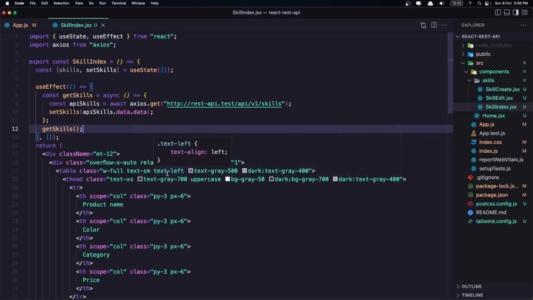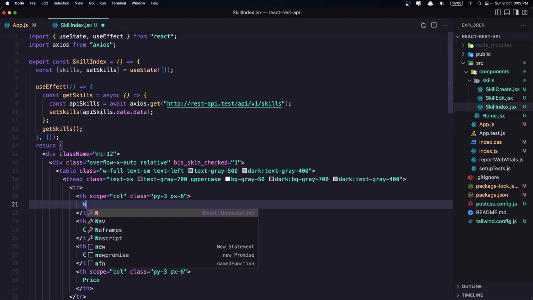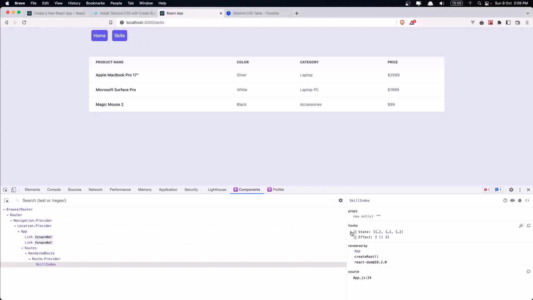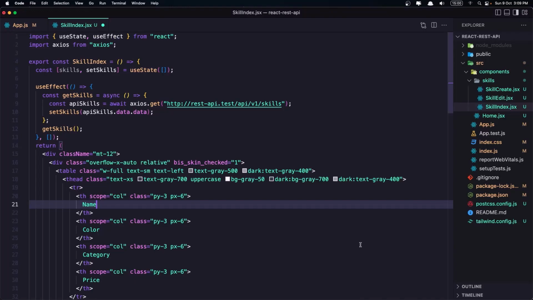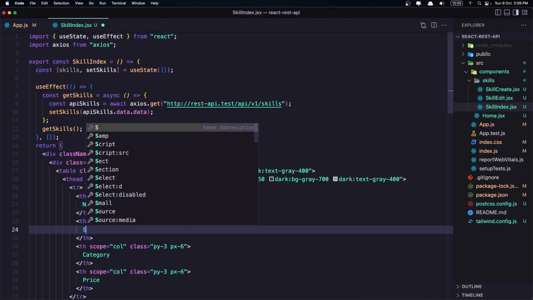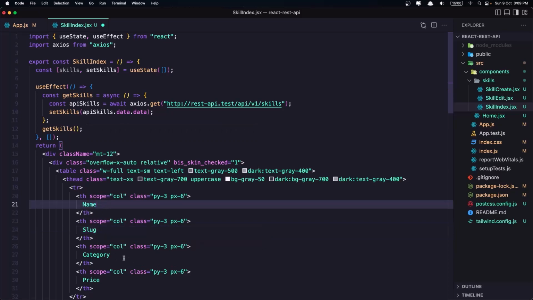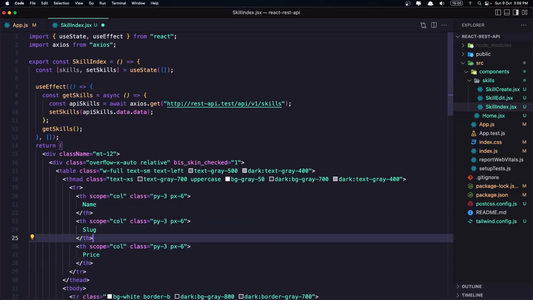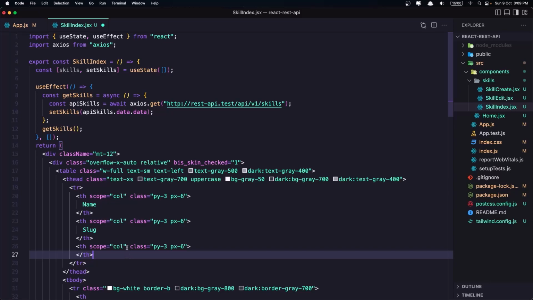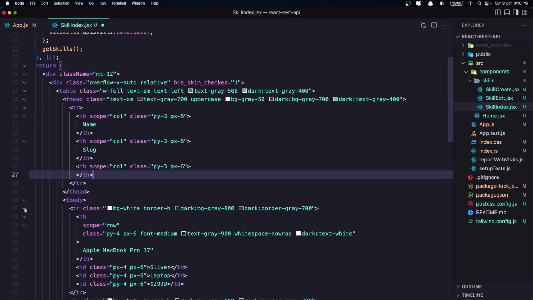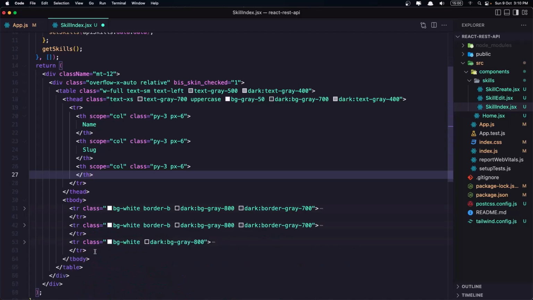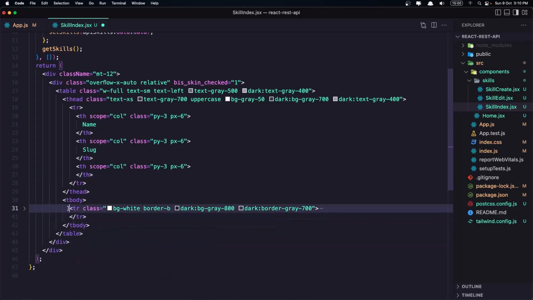Let's make a loop here. And in the table, we are going to display the name. So here we have the name, the slug, and the ID. So the name, the slug. If you want the ID, okay. I don't want to show the ID. And the price, leave it empty because I'm going to add the button for edit and delete. And then let's remove this. Okay. And let's cut this and say